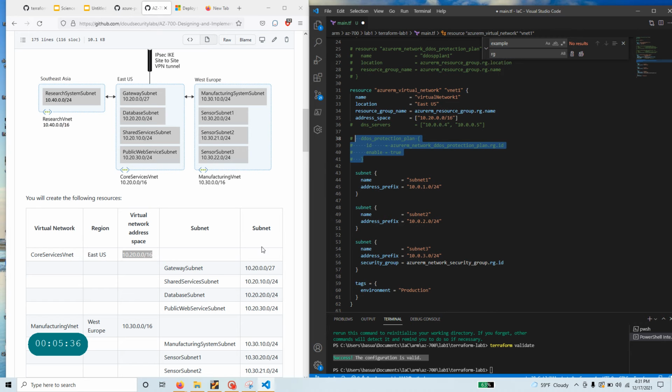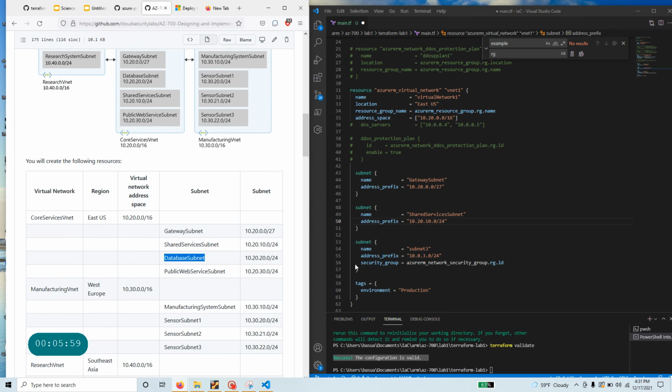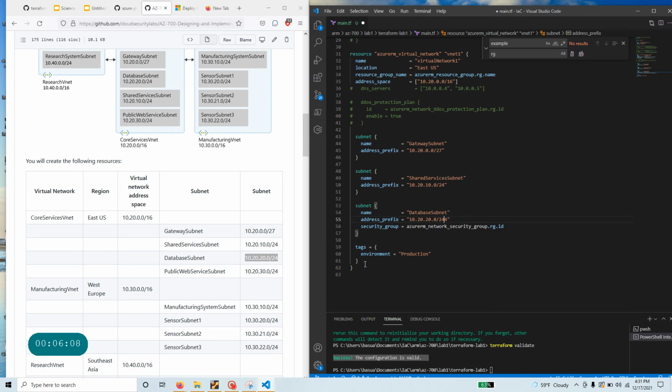Okay, the subnet we need the name, so let's just configure the subnets real quick. Here is my first subnet, and that is the subnet ID. Here is my subnet number 2, and that is my subnet range. Then my third subnet is this, and here is my address for that subnet, and then it stops,